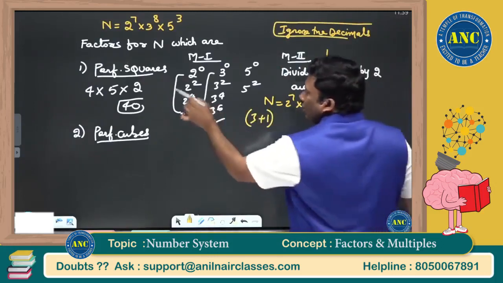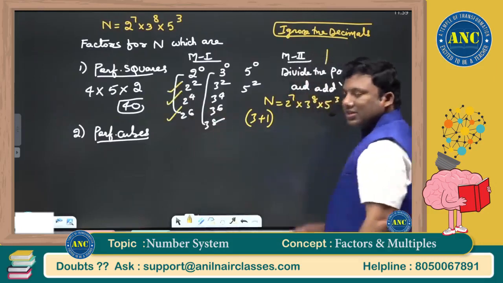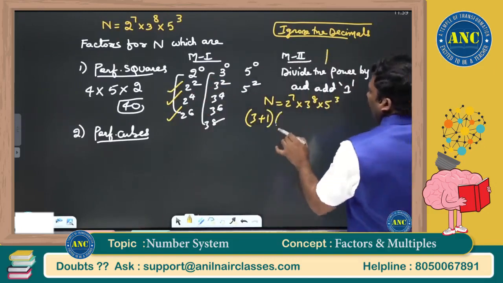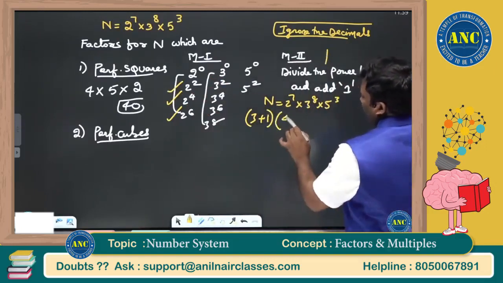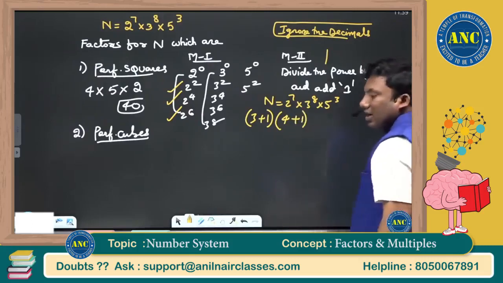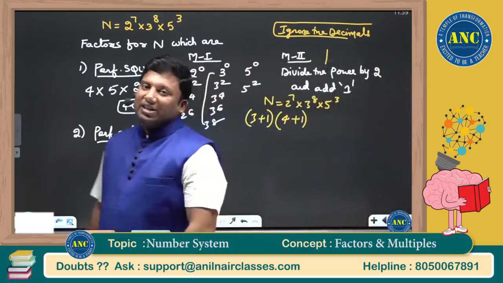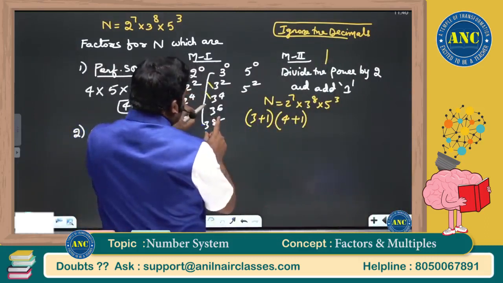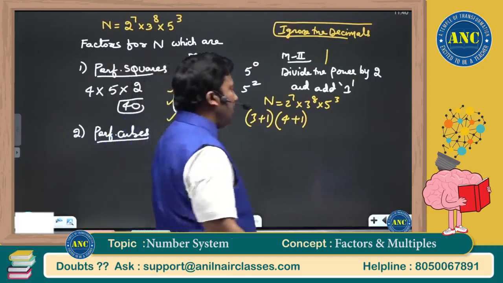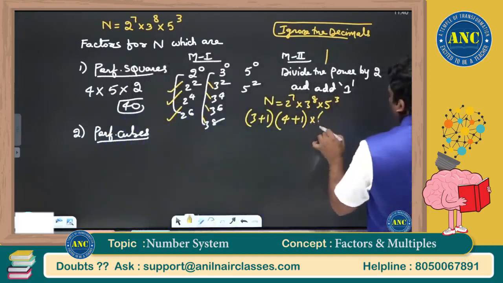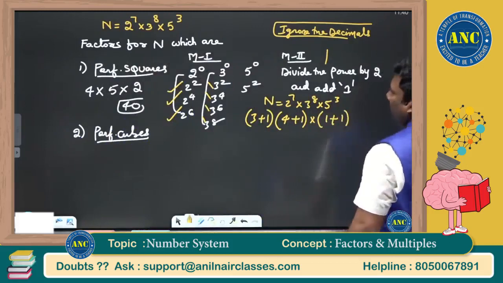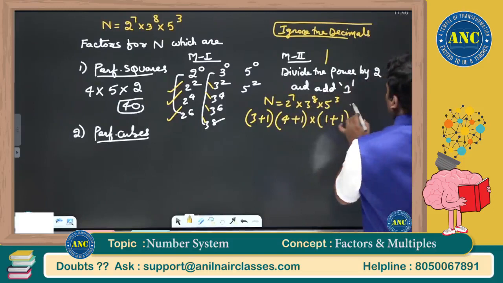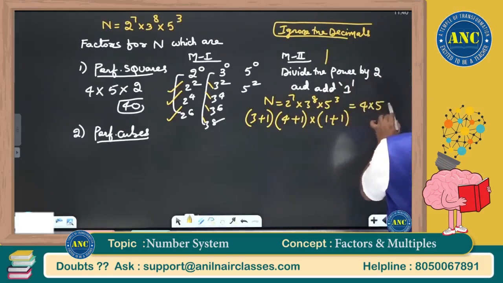What are these 3? 2 square, 2 power 4, 2 power 6. What is plus 1? 2 power 0, 1 is a perfect square. Similarly, 8 by 2 is 4, plus 1. If you get an integer, write it as it is. If you get a decimal, ignore the decimal. Why is it 4 plus 1? 4 cases are these 4 cases, and 1 case is 3 power 0. 3 by 2 is 1.5. Ignore the decimal. 1 plus 1. What is that one case? 5 square, plus 1 for 5 power 0. So the answer is 4 into 5 into 2.